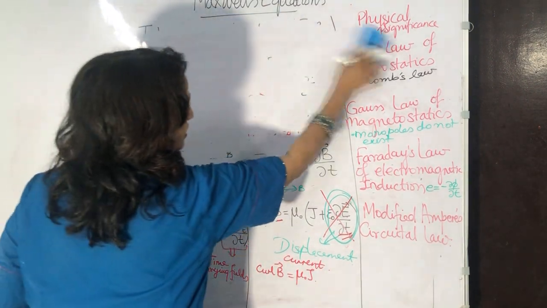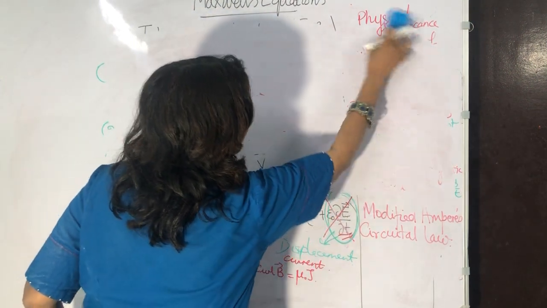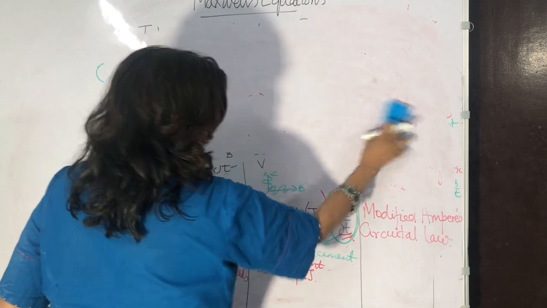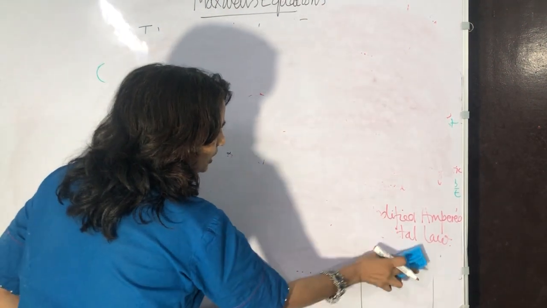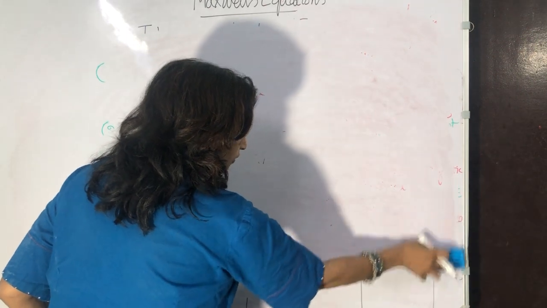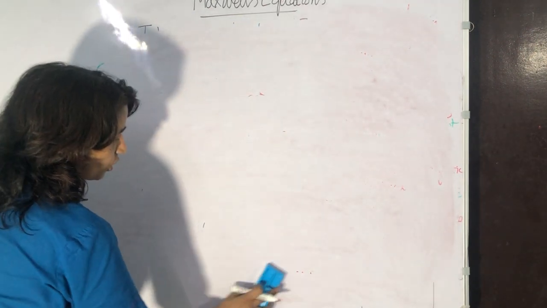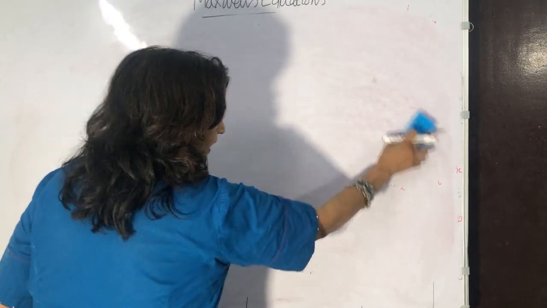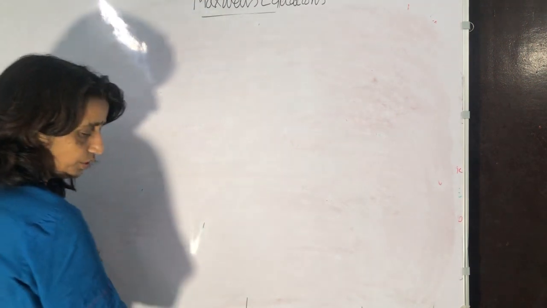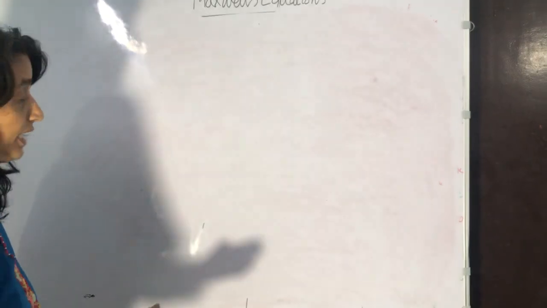Secondly, if we look at this more closely, the modified form of Ampere's circuital law, few important observations are there which can be asked in your higher level exams. Let us have a look at it again. The fourth equation has been the most important contribution of Maxwell in the electromagnetic field theory, because he included the time varying fields.